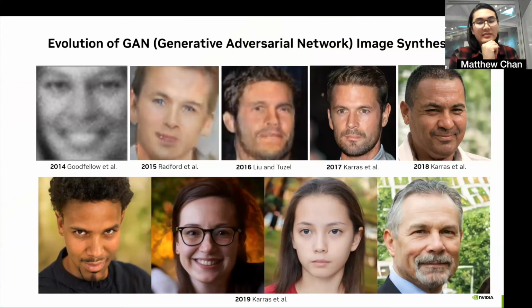Cool. So let's start with GANs, which stands for Generative Adversarial Networks. GANs are relatively new. They're only about a decade old as of today, and they've progressed truly extraordinarily fast. Since the very first GANs that we saw in 2014, it's taken less than 5 years until we were able to produce humans and faces that were indistinguishable from the real ones.